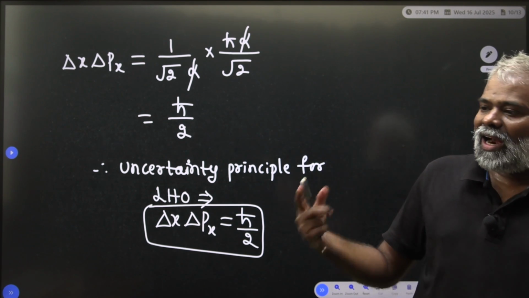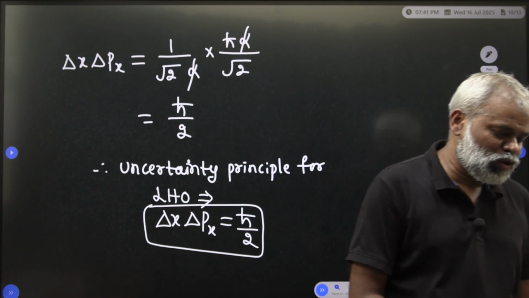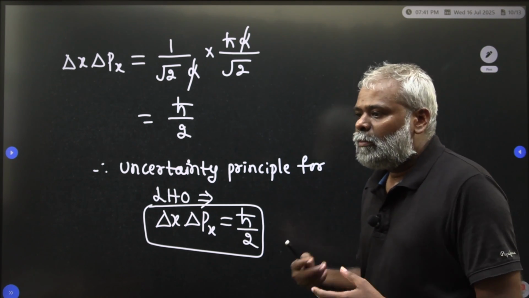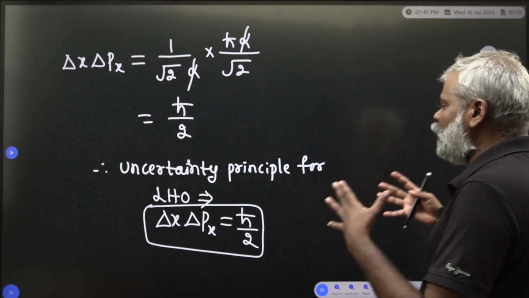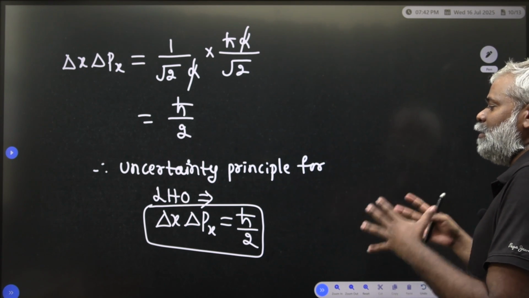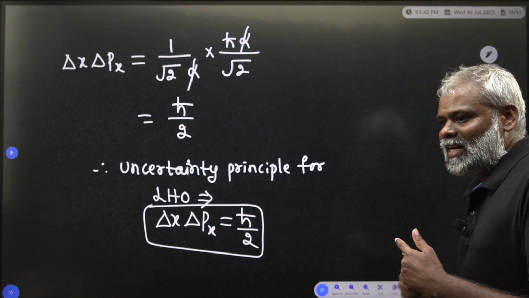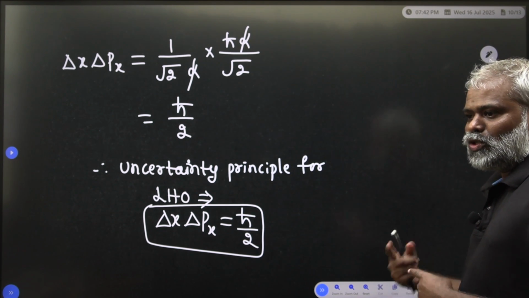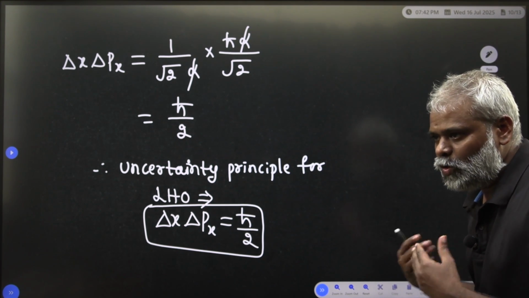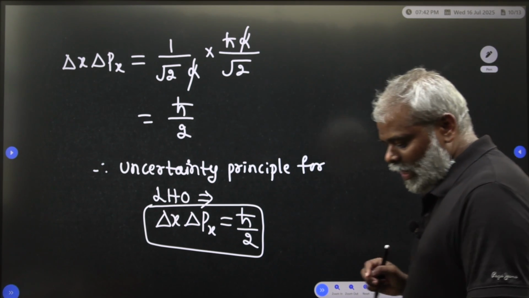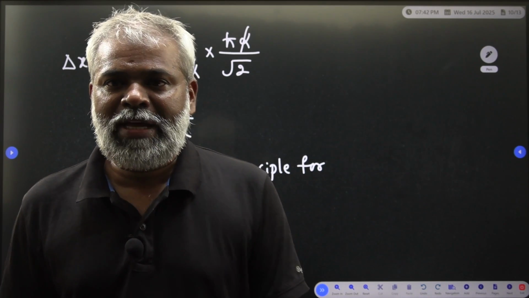Is it clear? I have already told these things many times, in many varieties, but even so we get the uncertainty principle for the linear harmonic oscillator, that is delta x into delta px is equal to h cut by 2. Clear? So like this we have to do in our competitive examination. So please practice, please